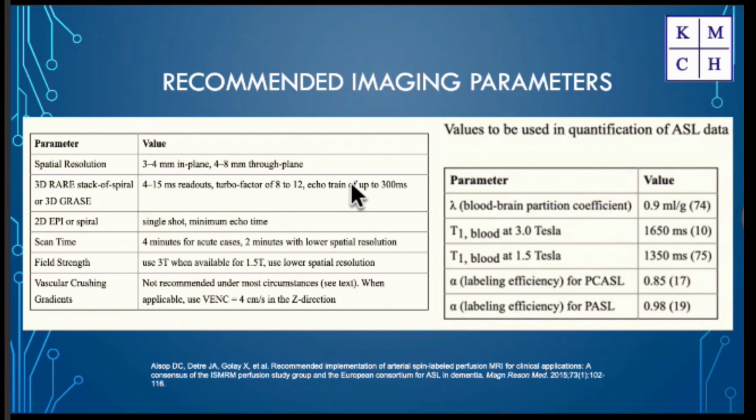The various recommendations with respect to spatial resolution are around 3 to 4 mm. Then the readout that is used, which means do we want a 2-dimensional readout or a 3-dimensional readout? A 3D readout is preferred. Do you want a spin echo or a gradient echo? Often they use a combination of it called GRASE or a RARE. The rest might be quite complex for the physics part of it, and I will skip it for want of time.